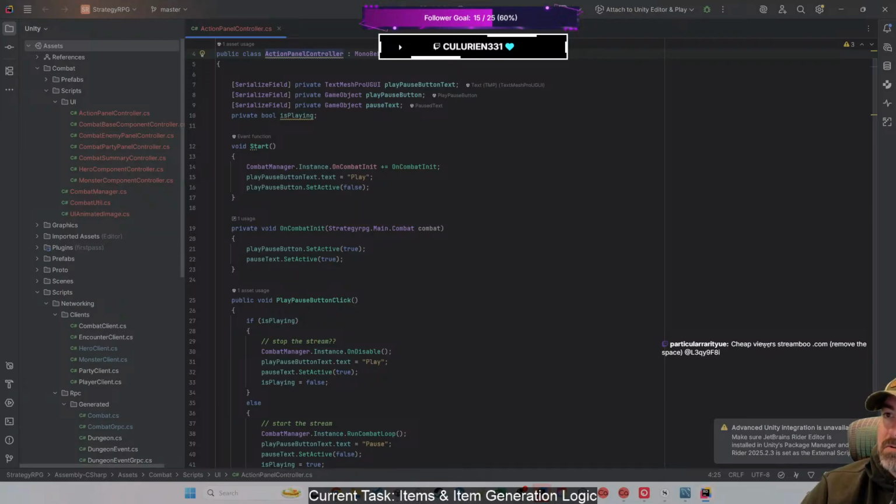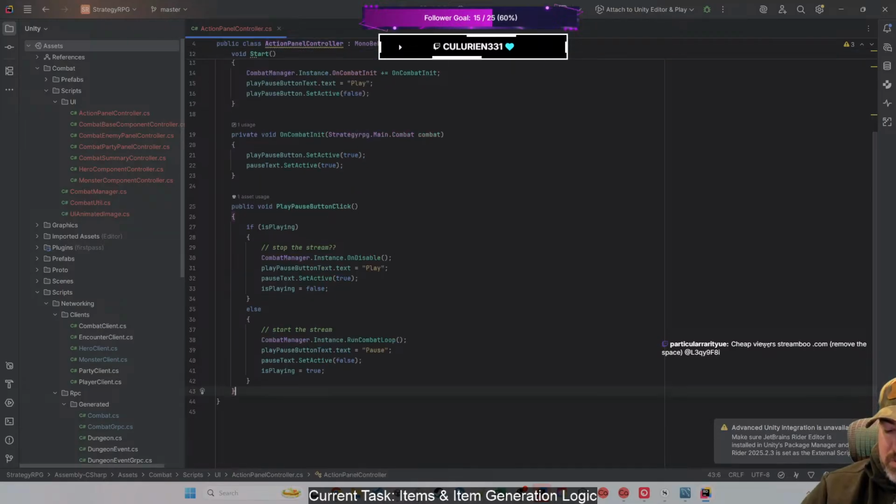All right, so in here, we're going to create an additional call. And it'll just be generate item click. We're going to link that up to that button we just made. And in here, we just want to make a call, get the data back, and put a debug for now just to test it. So first of all, we're going to have to update